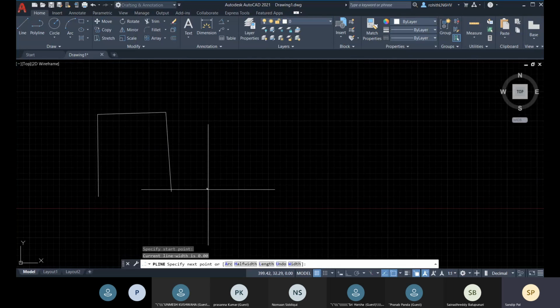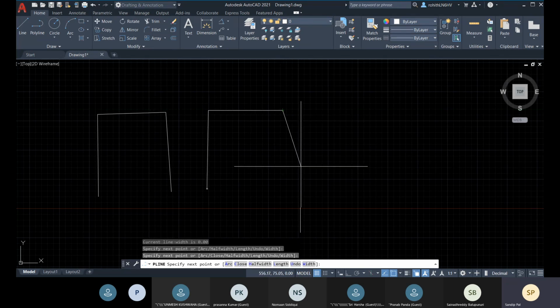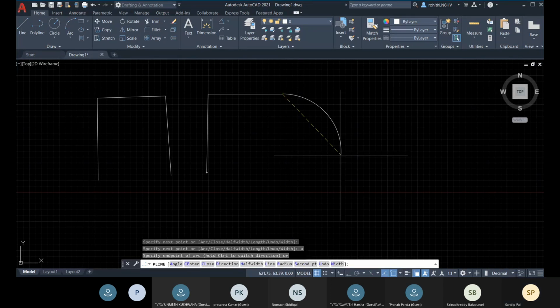Okay, so this is similar to creating a polyline. The same way you have created line, the same way you will be creating your polyline. So the first point, and then the second point, and then the next point. And then if you want to create an arc from this end, here you have this option arc. You can click on it, or you can simply press A, enter.